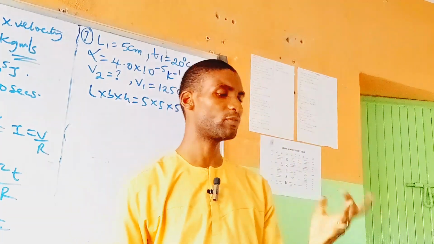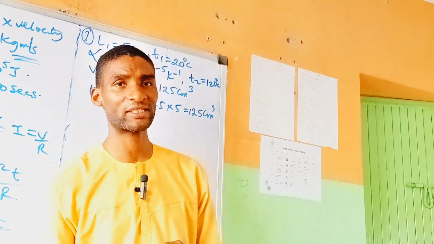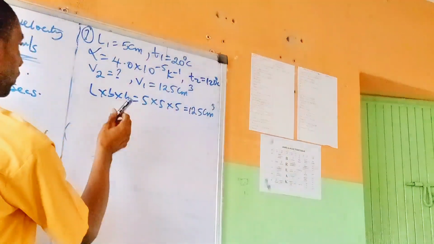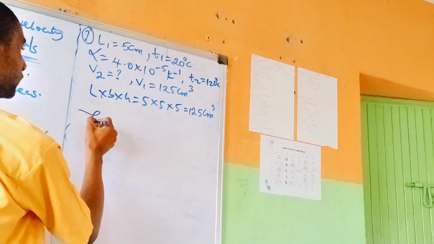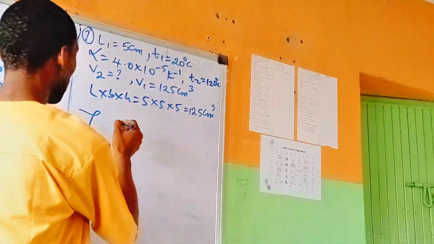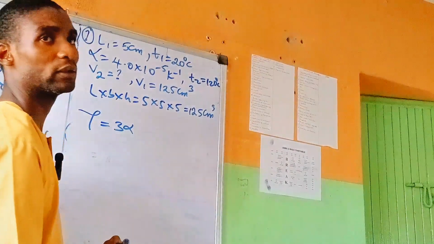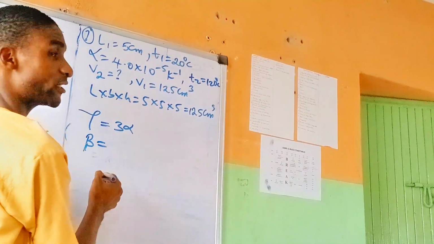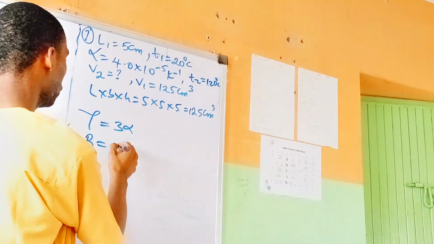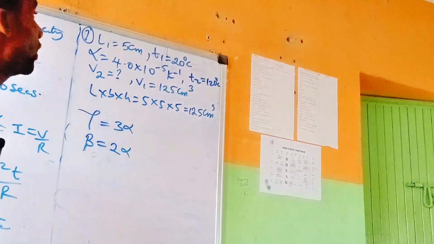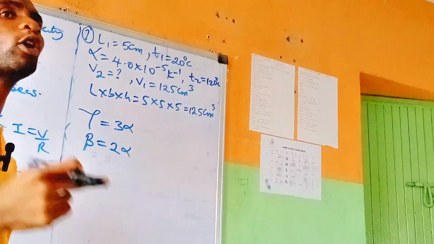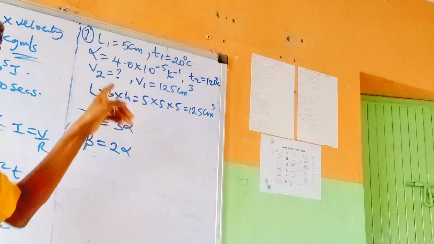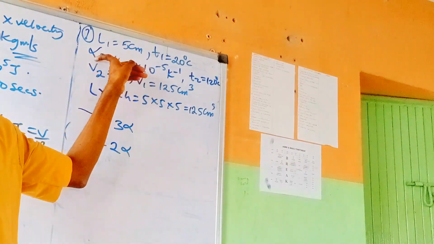Now, there is a relationship between linear expansivity, area expansivity, and cubic expansivity. The relationship is that your cubic expansivity, which is denoted as gamma, is equal to 3 alpha. That means 3 times linear expansivity. And your beta, which is area or superficial expansivity, is 2 times linear expansivity. So when you are given a question on volume, which is cubic expansivity, but you are given linear expansivity,